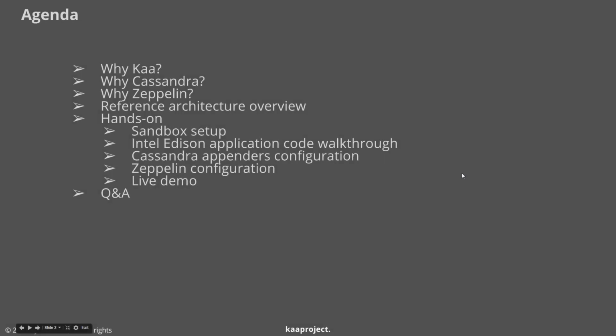So what we would like to talk about today is several things. First of all, why would you choose Kaa? Why would you choose Cassandra and why Zeppelin? After we go through these, we would like to cover the architecture of a sample application that we'll be showing